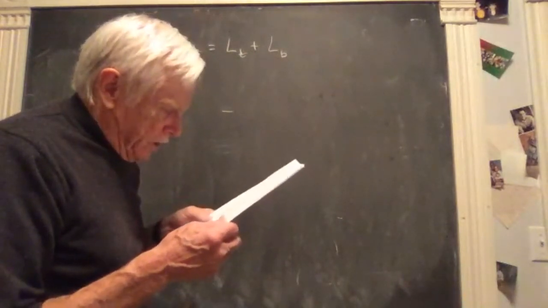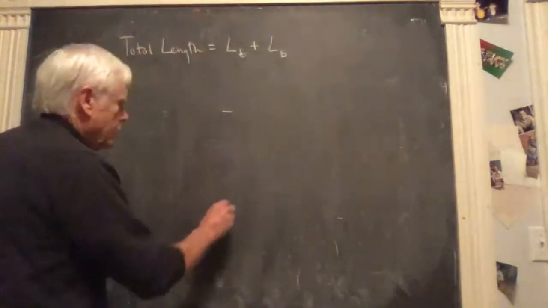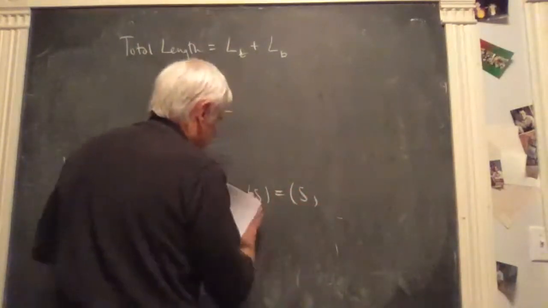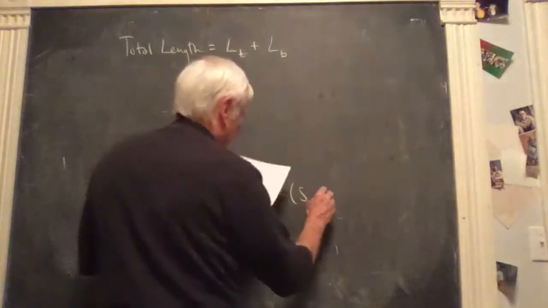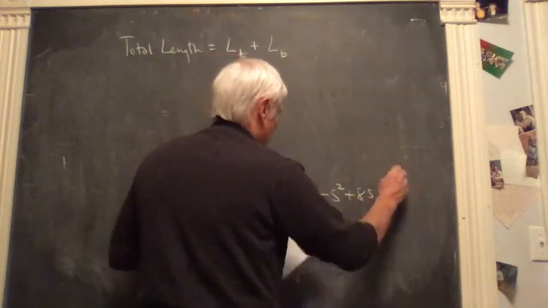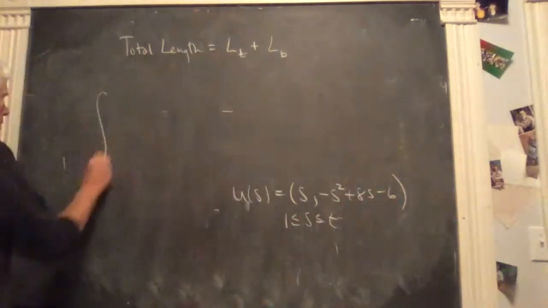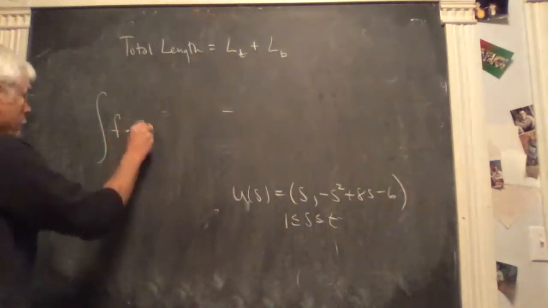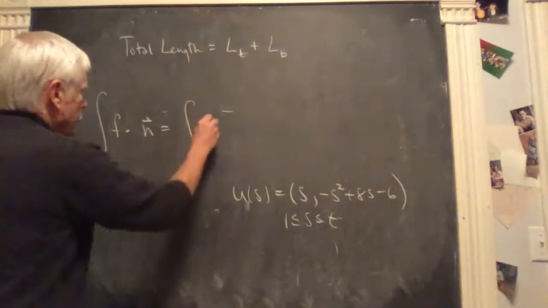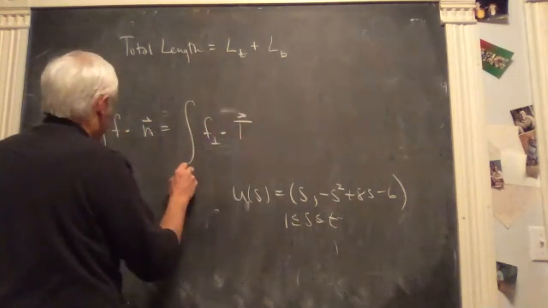Find the flux in the outward direction across the top boundary of the curve CT. So again, now we're using this top, U of s is equal to s, minus s squared plus 8s minus 6 curve. And the integral of f dot the normal direction over CT is equal to the integral of f perp dot t over CT,